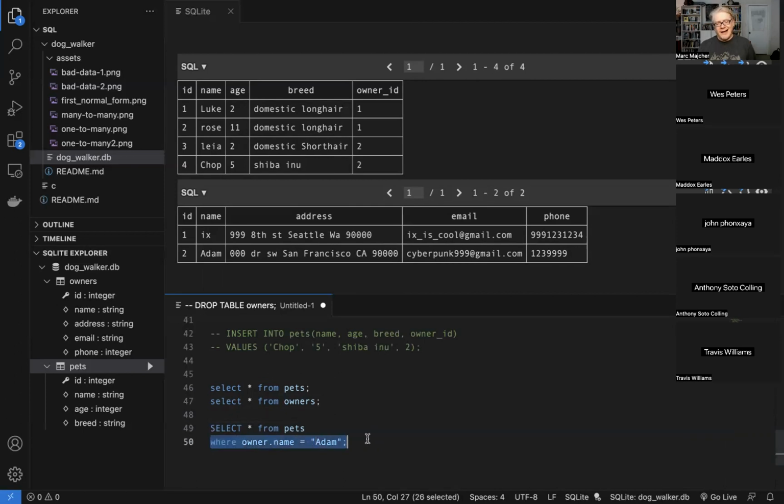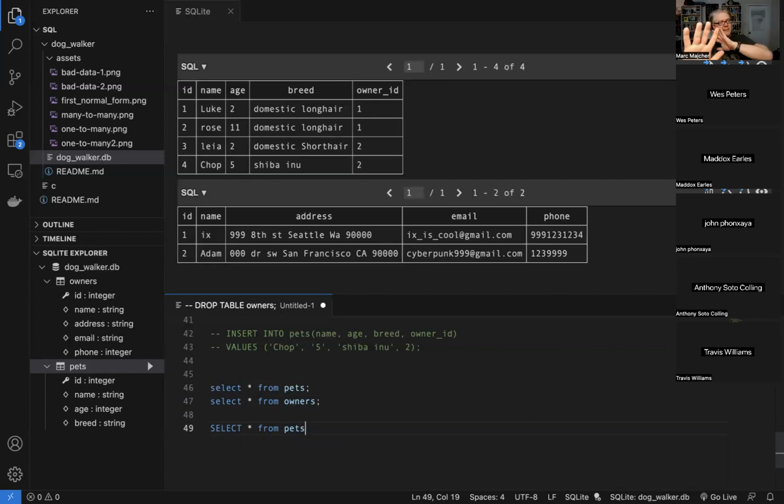So I am going to use a new thing called a join. And what join does is it joins tables together. There are multiple kinds of joins, which we're not going to go into right now. But basically what it does, join creates a virtual table by smashing 2 tables together in this way.